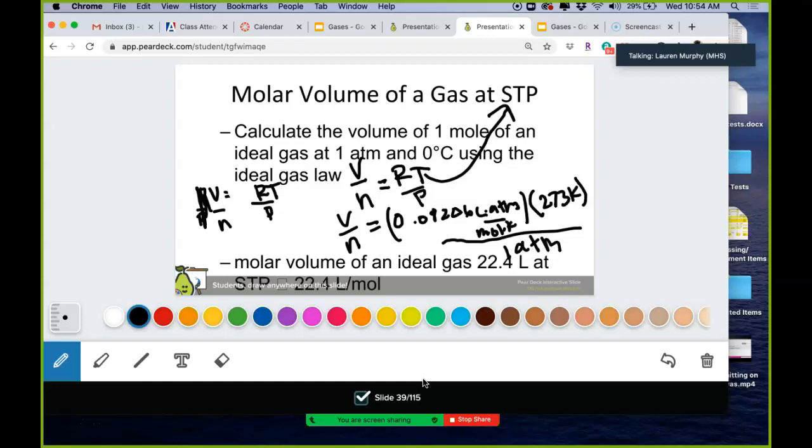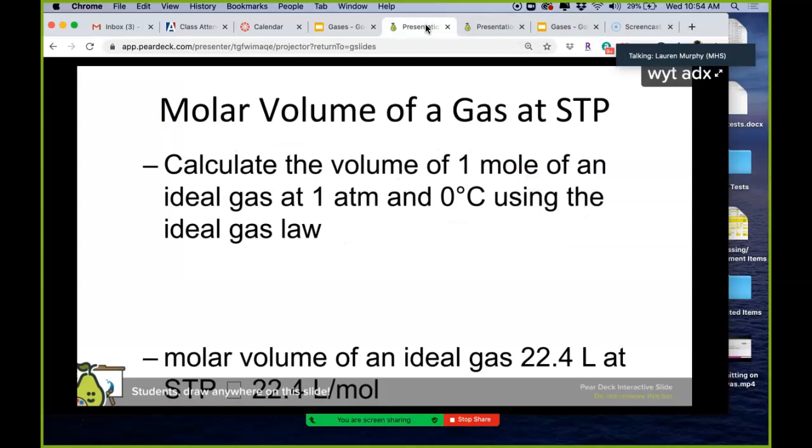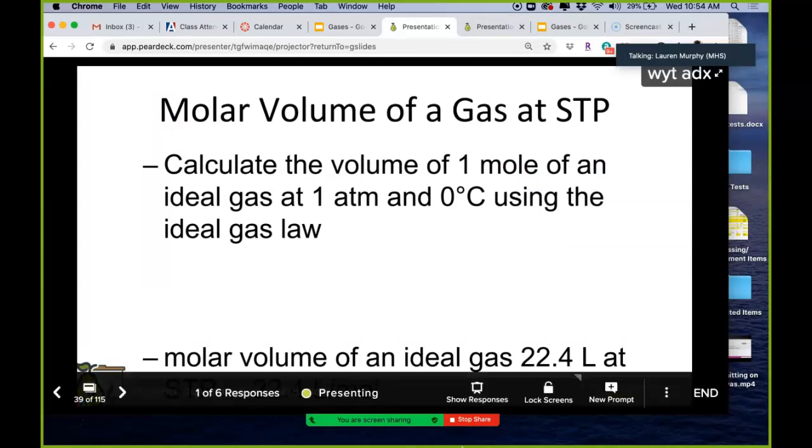If you multiply this out, guess what you get? So look at the units. Atmospheres cancel, Kelvin cancel, liter per mole. And the number is 22.4. So that's where they got the number from. They plugged in STP conditions into here. Okay? So if you look on your equation sheet,